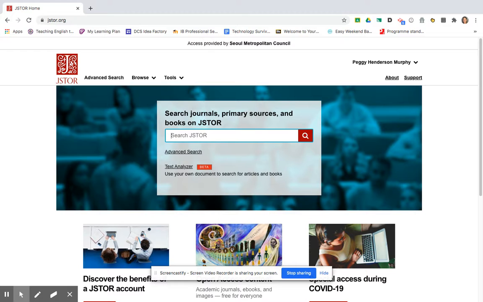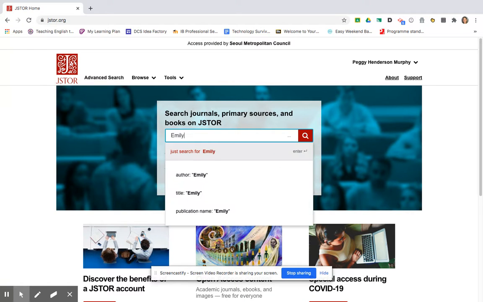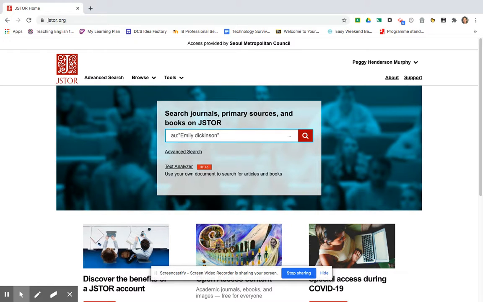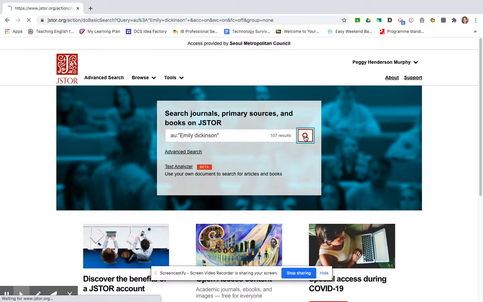Okay, so now if we're just looking for an author or a title of a book or something, it's very simple. So let's say I'm going to do some research on Emily Dickinson. And you'll notice that on here, it pops up down here, author, title, publication. So it kind of gives you a little hint to use your search term, your tag. Now, it's just as easy, I think, to not do it and just click it. But if you do research all the time, you might automatically put in these little tags. Okay, so I'm going to click